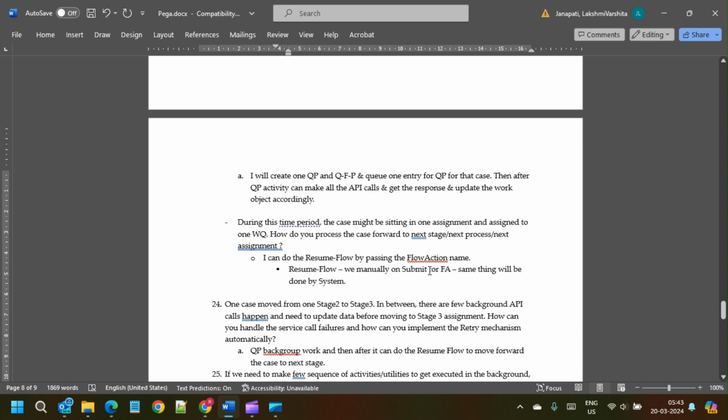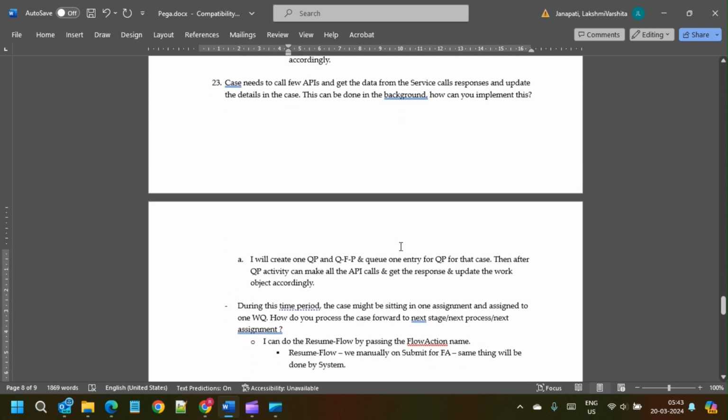Manually resuming the flow is nothing but what happens whenever we click on the submit button. That is the same thing that happens when we call this resume flow activity. Okay, we will see one by one. For suppose